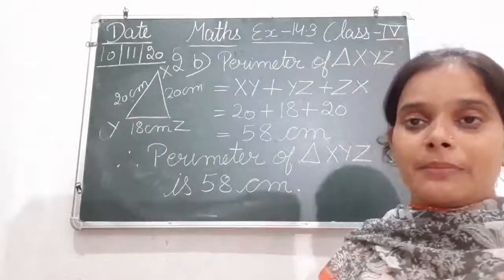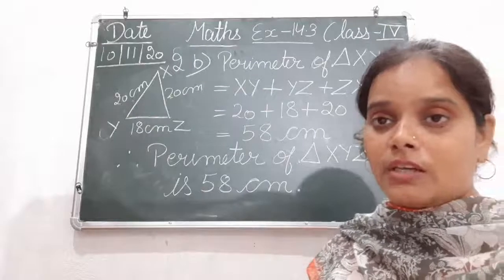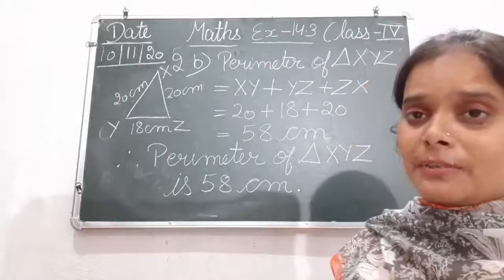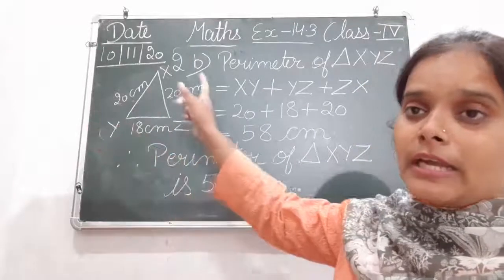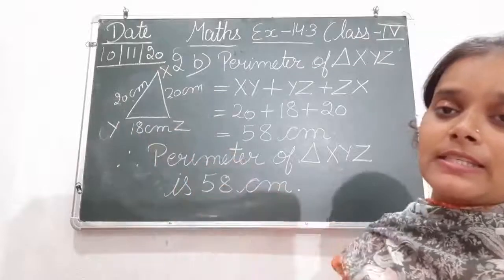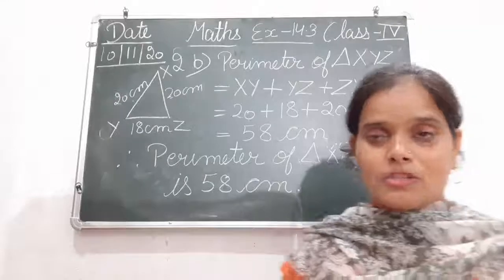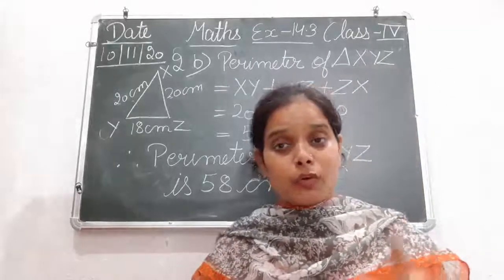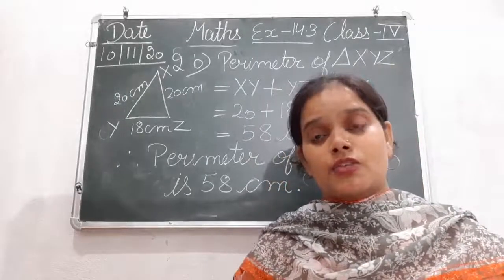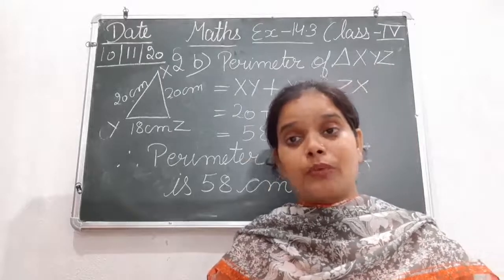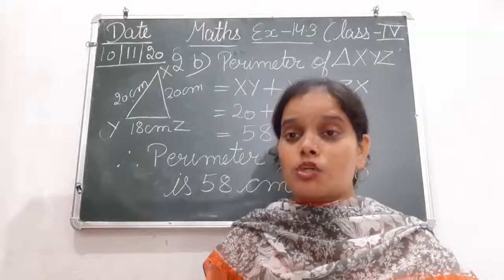So उसी को ध्यान में रखते हुए we have just drawn a figure here. Okay, so with the different measurements, that is 20 centimeter, again 20 centimeter, and that is 18 centimeter. Okay, तो अब हमने figure भी draw कर ली, उसकी measurements भी लिख ली. But the foremost step after this, so the next step is that we have to name the figure. So अब हमें क्या करना है?